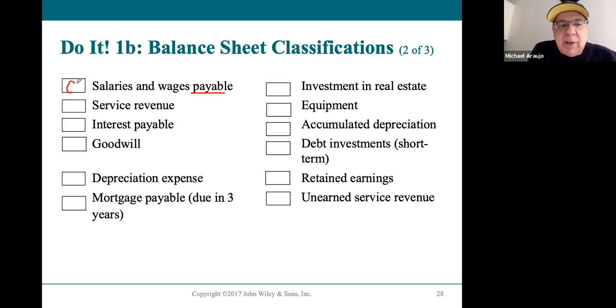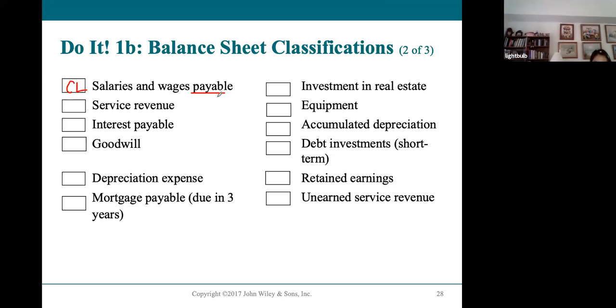So this is a current liability because we just looked at salaries and wages payable. These are things that you owe your employees and you're going to owe them now. I mean, you're not going to wait over a year to pay your employees. No one's going to want to work for you. You're going to pay them on the next payroll. Once they do the work, you owe it. So it's a liability. But when do you owe it? Well, you owe it very soon. It's a current liability,